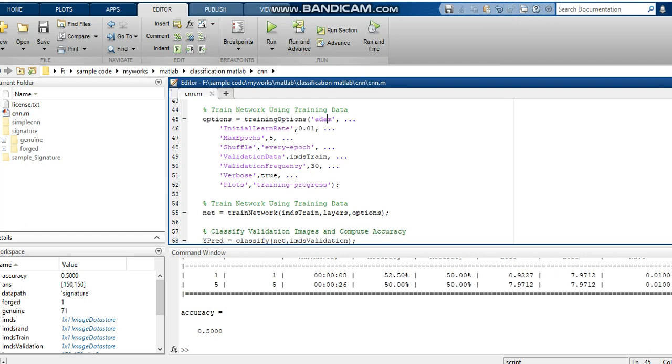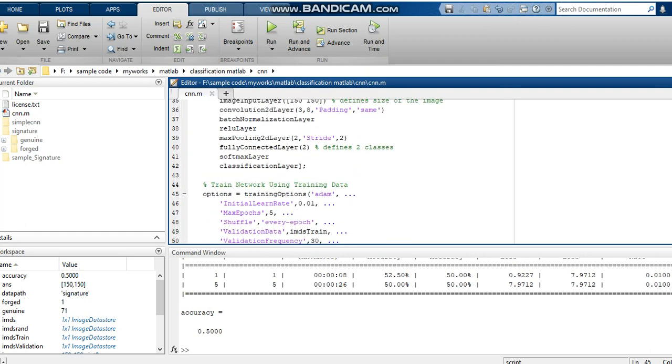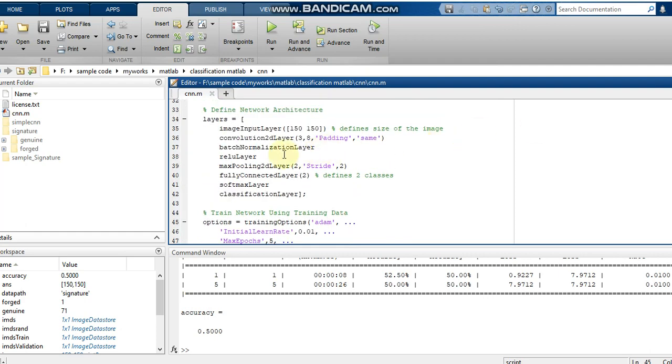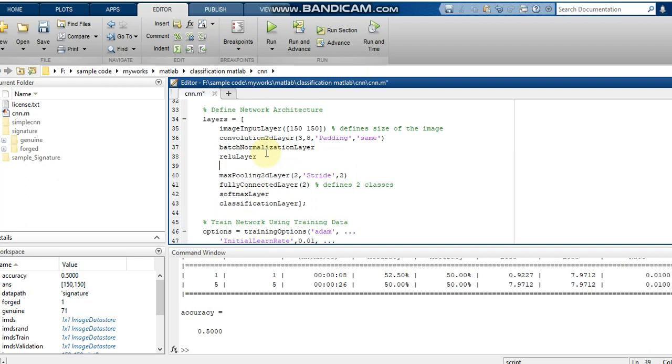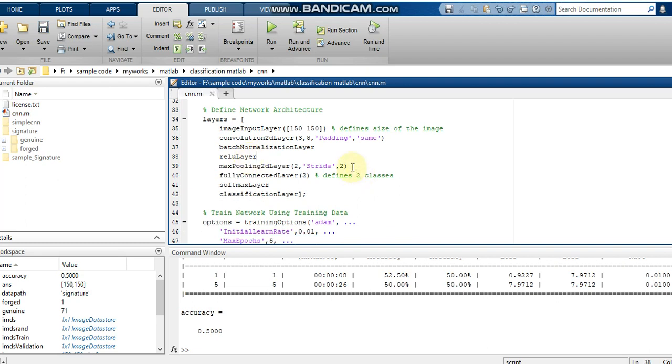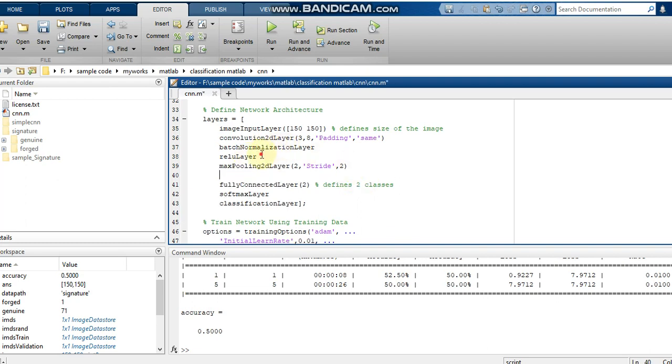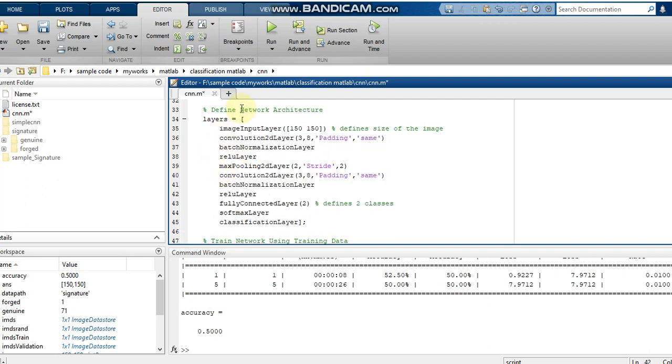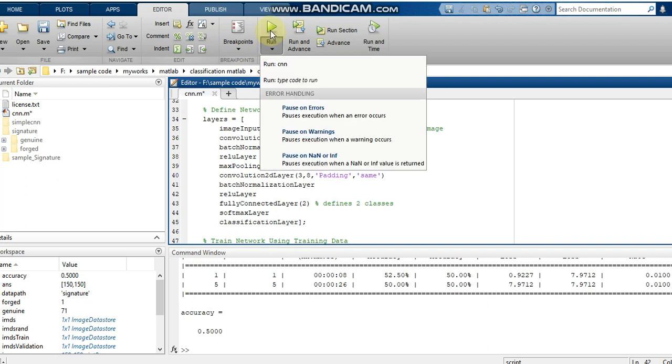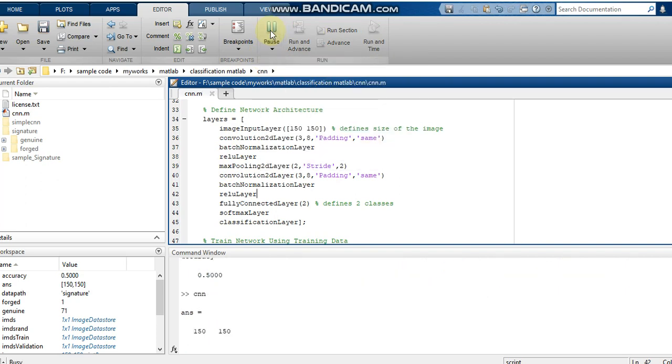We can check some other options, such as increasing the number of layers. After the ReLU layer we can add the same layers again. After this max pooling layer, we can add these three things once more. Now we can run, and check whether our accuracy is decreasing or increasing.